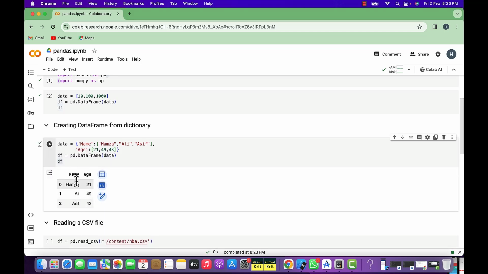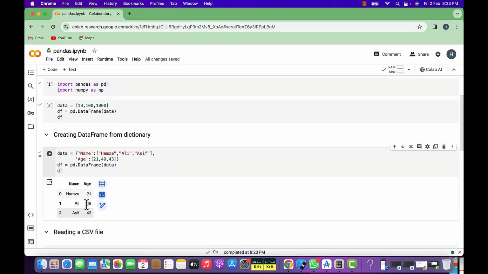And there you can see the output. So in the output we got this table where there are 2 columns. The first column is name and the second column is age. So it contains all these names and it contains the age. So this data is looking much better in the form of a data frame. And in future we are going to load our data sets for training our machine learning models using this pandas